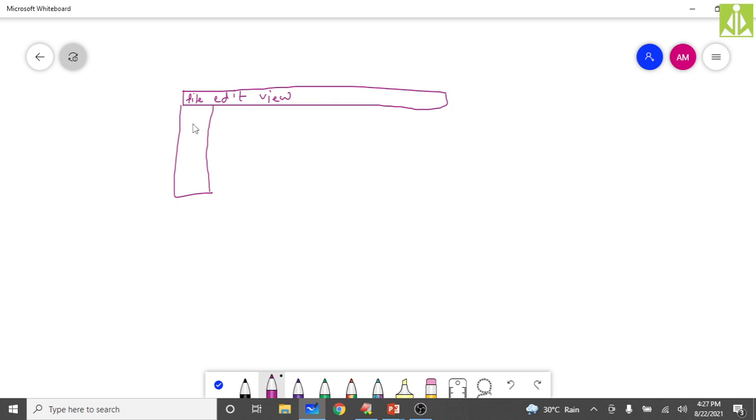That is your menu. Then whatever we are going to have here like open, save, save as, all these options we are going to have, these are your menu items. So this is menu bar, this is menu, and these are menu items.